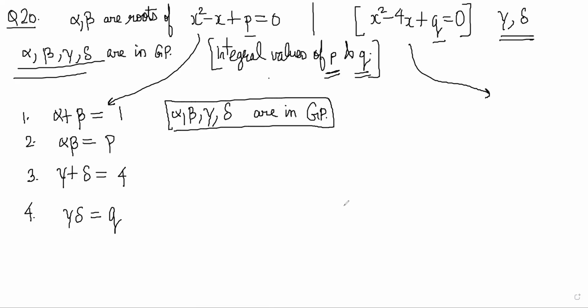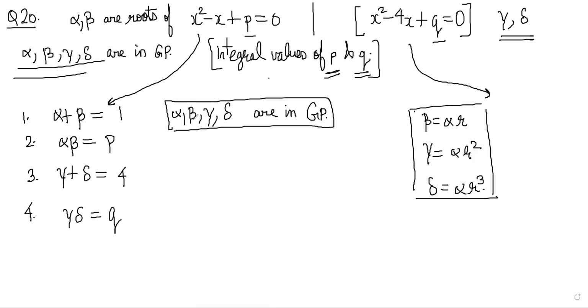So the alpha, beta will be like what? Alpha times the common ratio, common ratio power 3. So beta basically should be alpha into something, right? Yeah, beta should be alpha into R. Gamma should be alpha into R square. And delta should be alpha into R cube, right? So now instead of doing 4 variables alpha, beta, gamma, delta, you can write just 2 variables, alpha and R. So convert all of your known equations into equations just involving alpha and R.